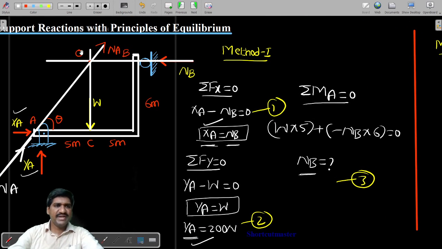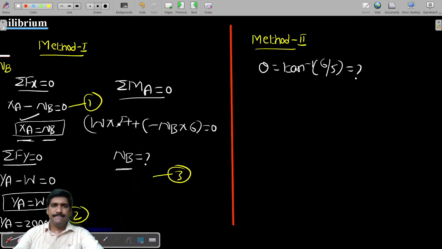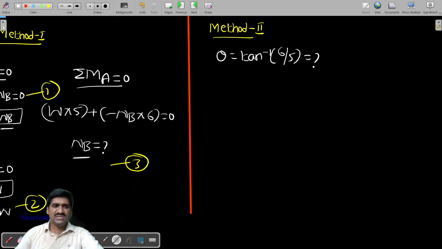Now I hope you understand about the point of concurrency O. Now at the point O, how many forces are acting? W, NA and NB. Can I see this one as NB or not? NB only. Now you just place this point O outside. Bring this point O outside. Now at the point O, let us see how many forces are acting totally.